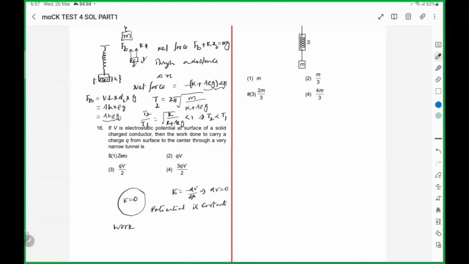Work done is equal to Q times (VA minus VB) to move charge from surface to the center. At surface, let us say potential VA, at center VB, but VA and VB are equal. So work done to carry a charge Q from surface